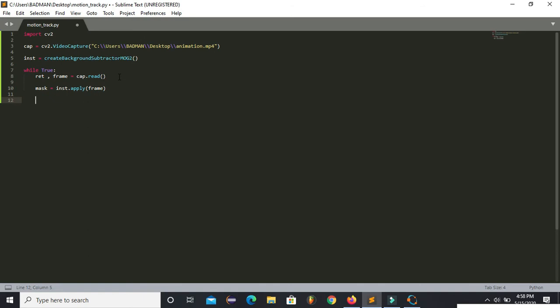Now I will use the imshow method to show the final output, meaning the output after tracking the motion of the two persons, and the original video.